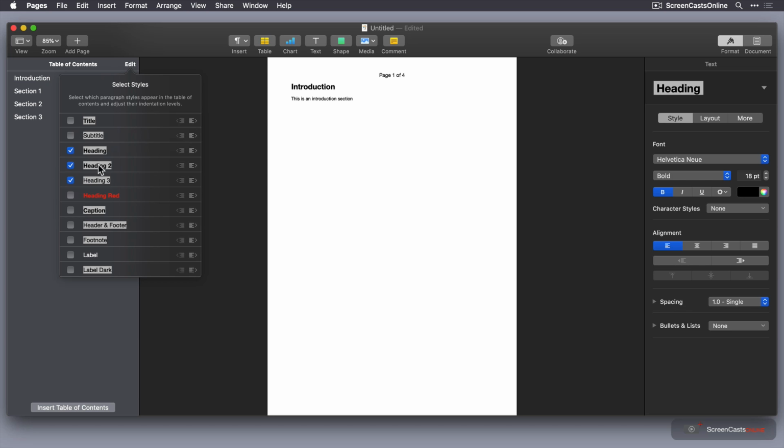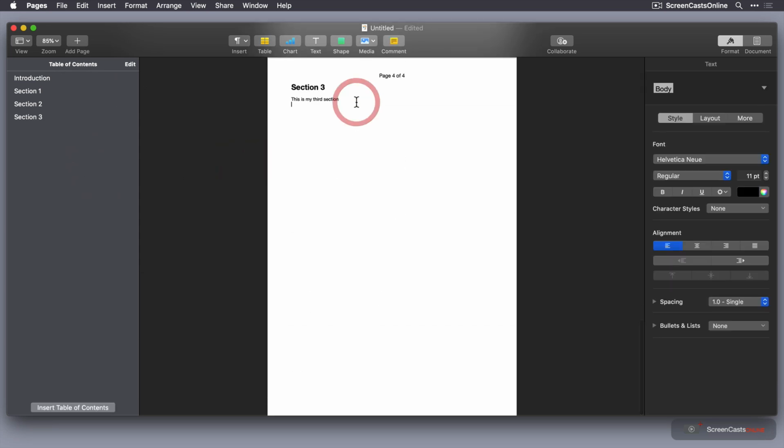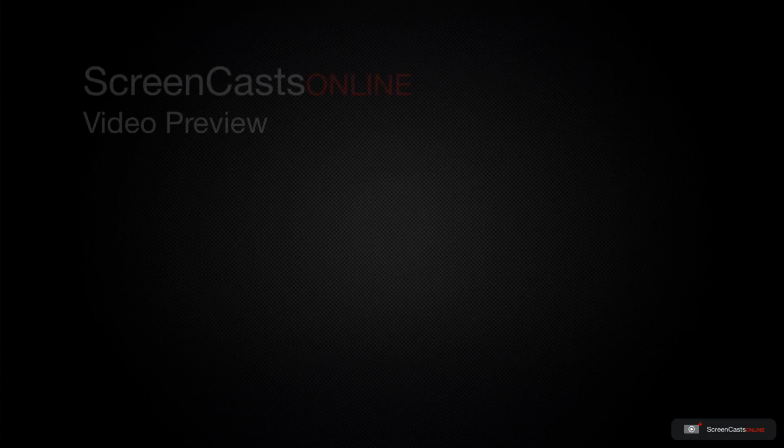I can add additional ones in by clicking these checkboxes, or I can remove them as well. So let me go ahead and create a heading 2. Before I do that though, let's say I want my heading 2 to be indented. So if I click on this little button here, this will indent any heading 2 sections that I have. If I tap away from here, let's go down to the bottom, and rather than inserting another page,